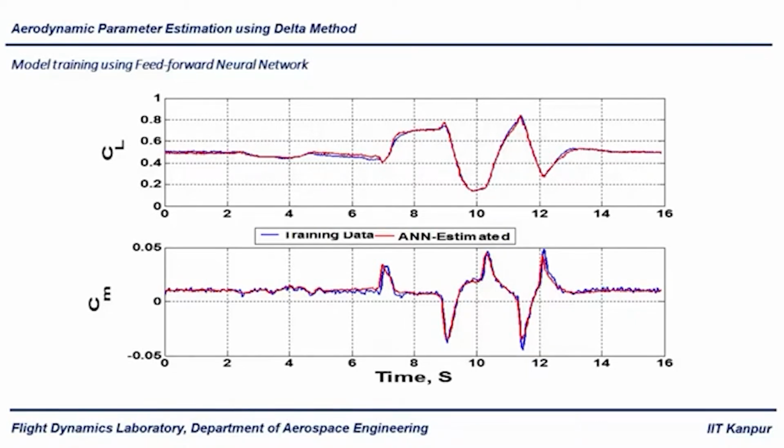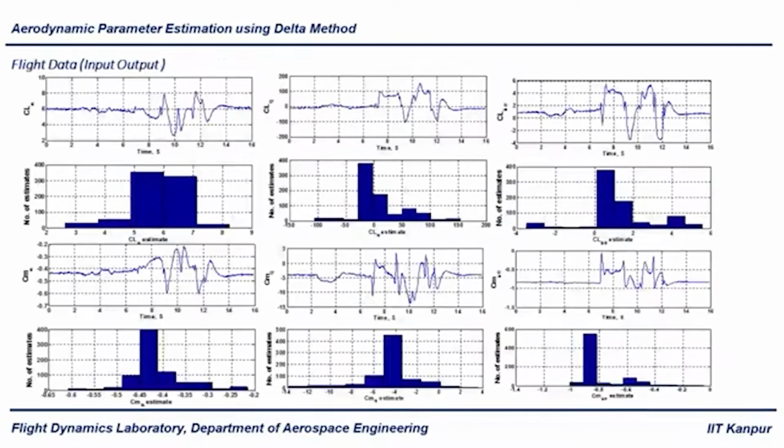of HANSA-3 longitudinal data, then here you can see the blue line says about the training data, the data used for the training, and the red line shows the ANN estimated. What we did was train this from the first flight data set, and we used different flight data sets as input to estimate the coefficients CL and CM, the force and moment coefficients. So they are reasonably well matching with each other, and then once you apply your delta method,